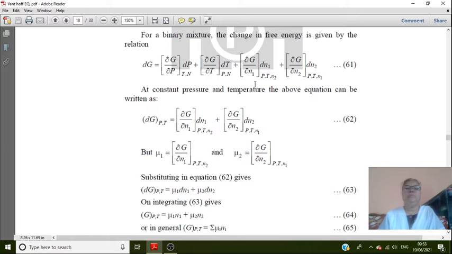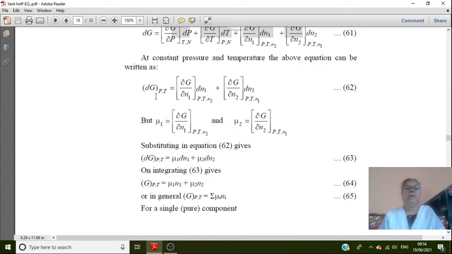Then at constant pressure and temperature, these two terms become 0 and we can write dG at constant pressure and temperature, it is equal to ∂G/∂N1 into dN1 at constant pressure, temperature and N2,